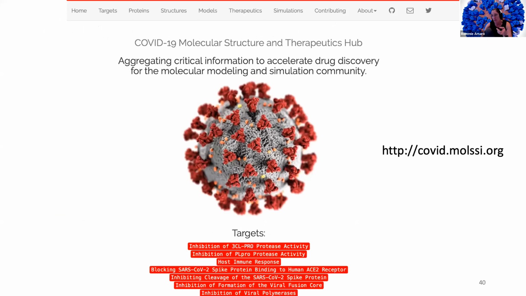And also the NSF MOLSI, Molecular Sciences Software Institute, together with BioExcel and CCP Biosim in the UK and other consortia all over the world, we're trying to develop what they're calling the COVID-19 Molecular Structure and Therapeutics Hub, which will aggregate all the critical information needed to accelerate drug discovery and molecular simulation and modeling, including our trajectories and simulation data, but also information about small molecule drugs and antibodies and so forth, organized by targets within SARS-CoV-2. So that's another exciting aspect of working on this problem in real time, that I think